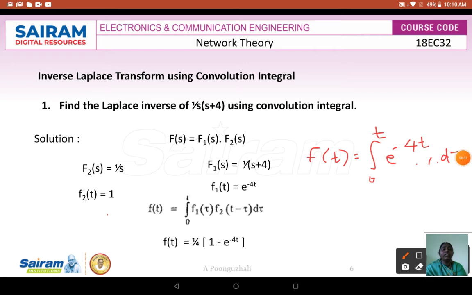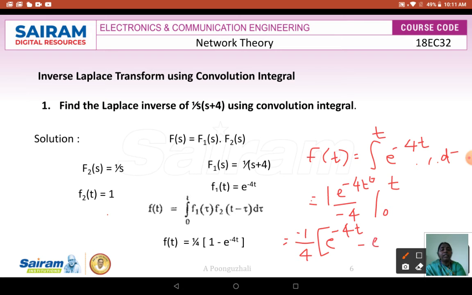So when I have this function, if I integrate it, it is going to be e power minus 4t divided by minus 4. Your limit is going to be 0 to t. So it is first 1 by minus 4; minus 1 by 4 is going to be common, I will take it out. So it is e power minus 4t